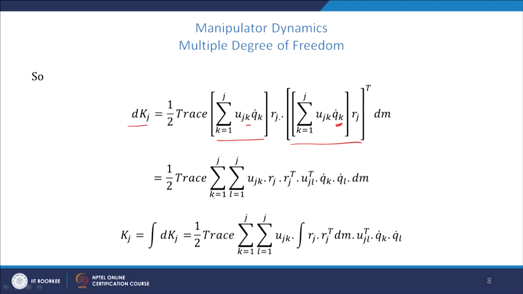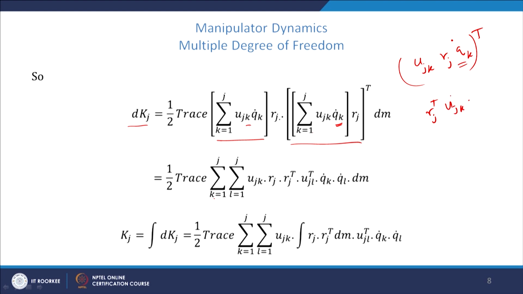So when we take the transpose of the product of two matrices, here it is U j k and R j multiplied by this Q k dot. If we take the transpose of this one, and because this is simply a real value, we take the transpose of these two, it is R j transpose